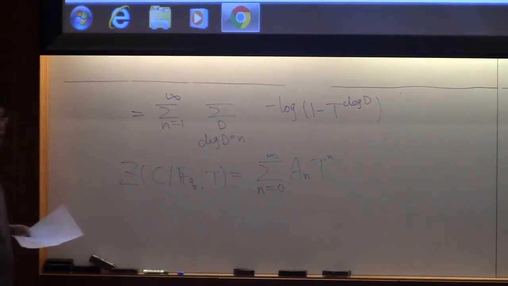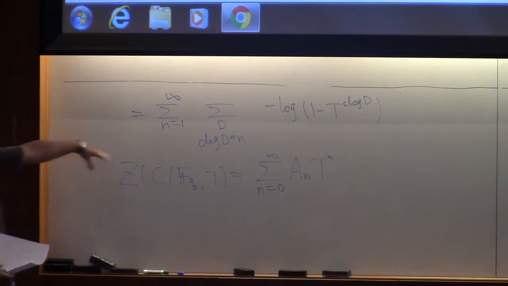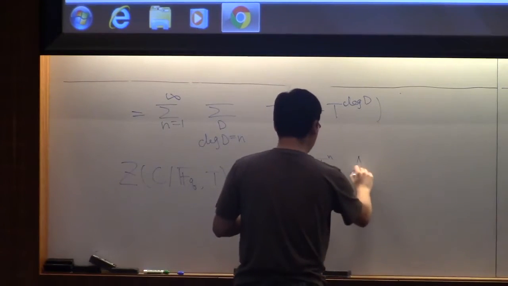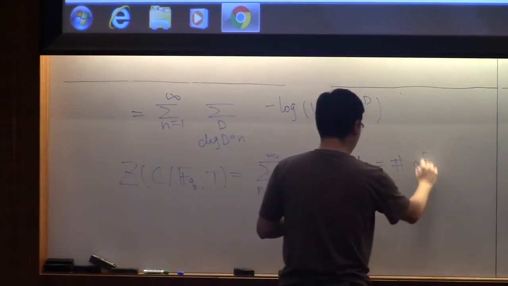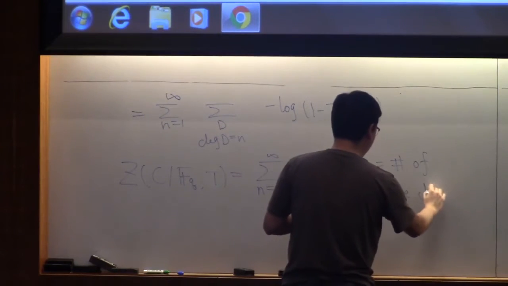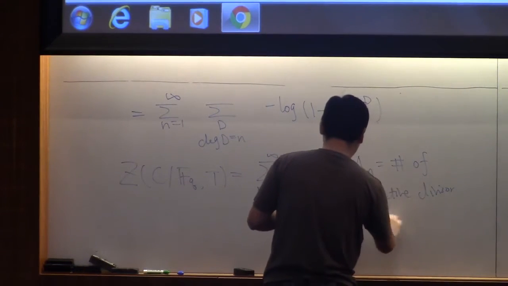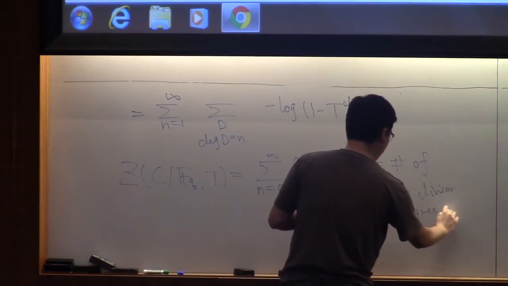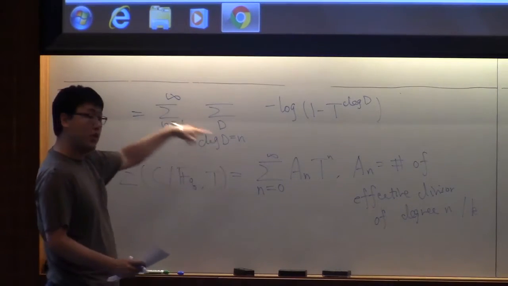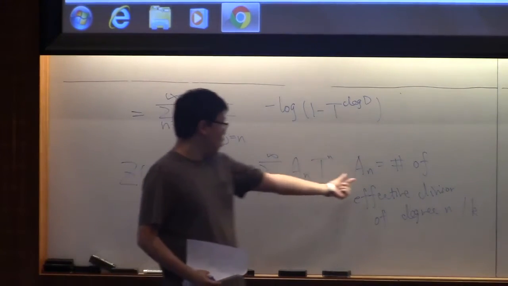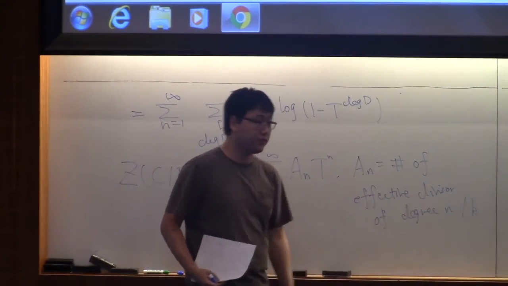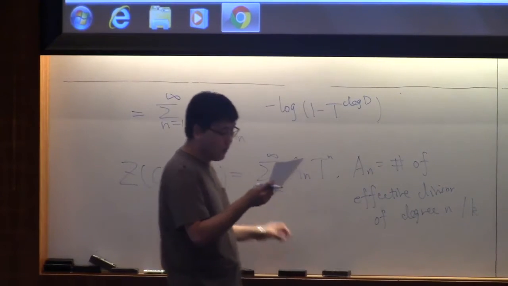Just from the equalities I've just erased, we know that the zeta function is a formal power series with this a_n, where a_n is the number of effective divisors of degree n defined over the base field k. So if we want to compute the zeta function, it is equivalent to compute the number of